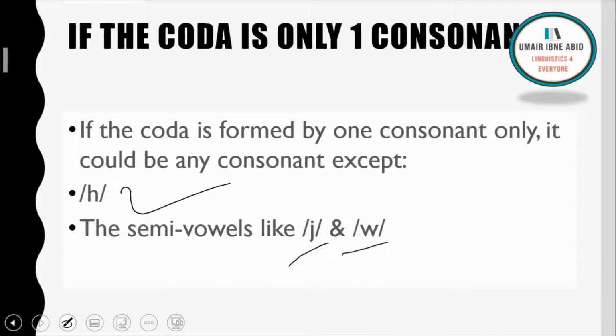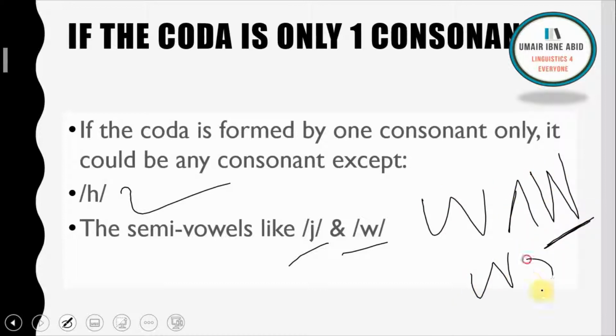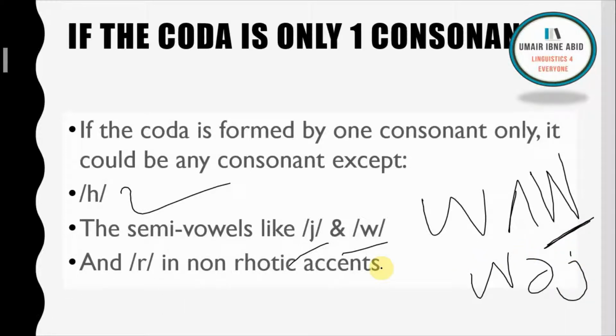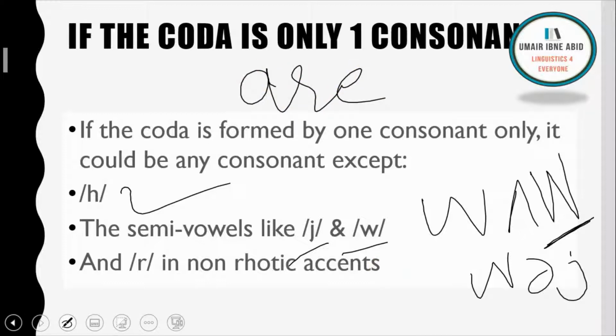Similarly, for y and w, there is no English word you have heard which ends in a v sound or in a y sound. And in non-rhotic accents, as we know, r is not pronounced when it comes at the end. So as an individual word, if I pronounce it in received pronunciation,